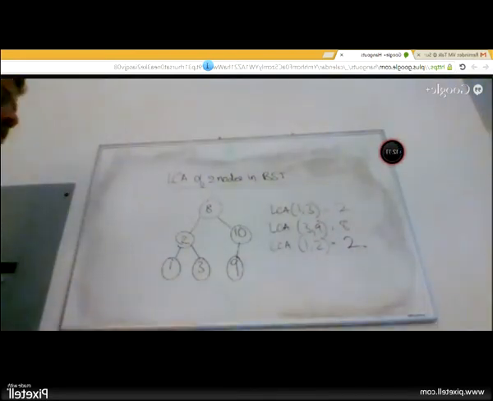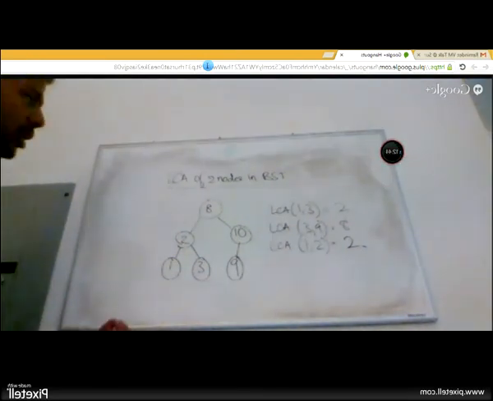So how would you code this out? Conceptually speaking, how would I write code for this? Check for leaves, on both the left and right side.